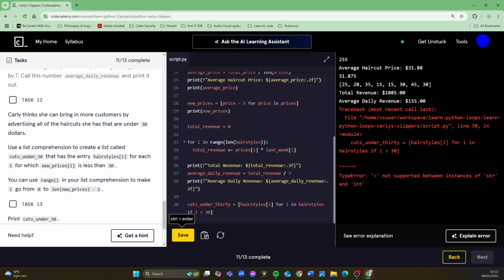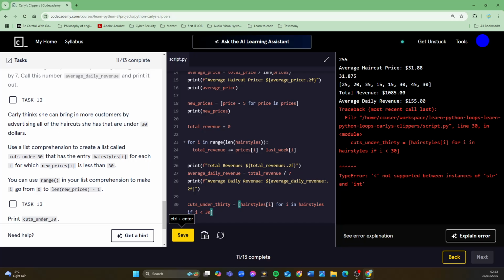And yeah, you can't do that anyway. You've got a type error. The less than is not supported between an instance of a string and an integer. You can't say this string I is less than 30. So it's really got us this one.